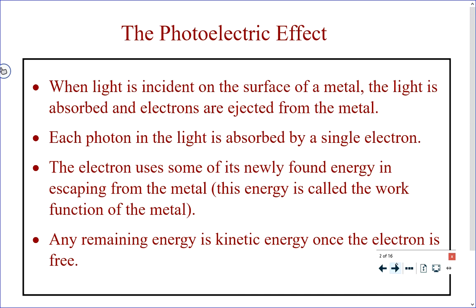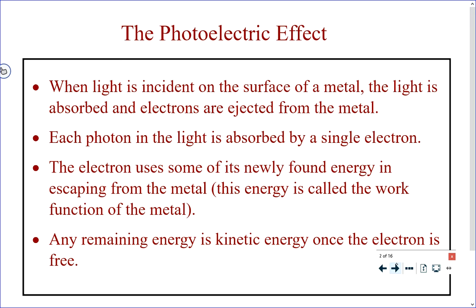Any extra energy that's left over is going to be possessed as kinetic energy of the electron once it is outside of the metal. And that's why we say that the photon has to have an energy greater than the work function in order to eject the electron. Because if the photon has less energy than the work function,